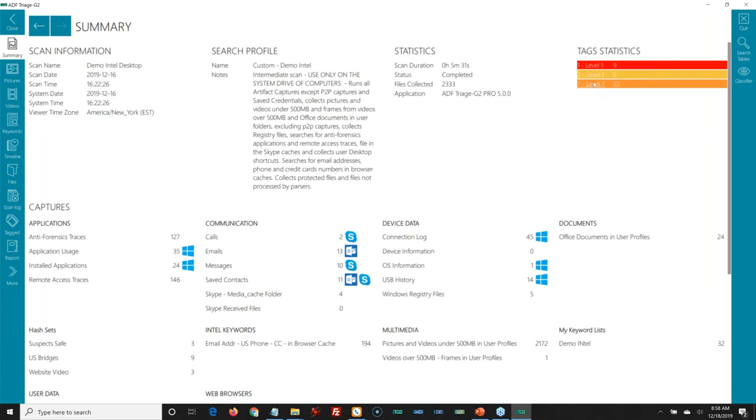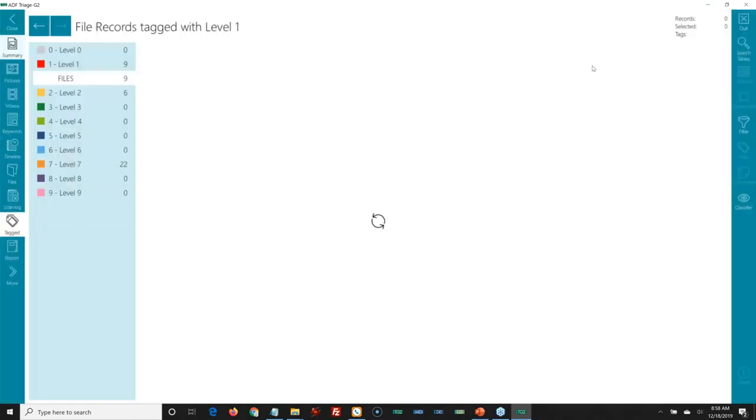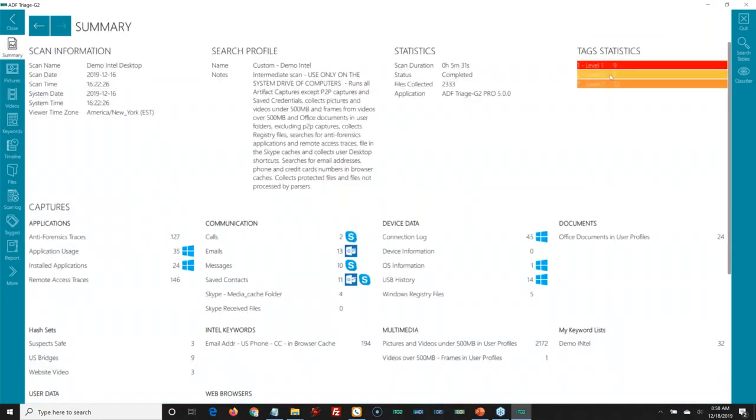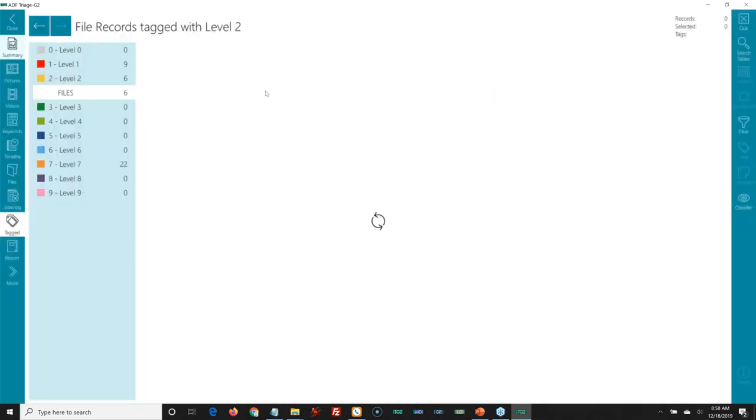So I'm going to go into these results. Again, you can see here I had some items tagged. My level ones were the US bridges, so I can come in here and look at those. I can come back in here. My level twos in this scan I had set for the safe pictures.